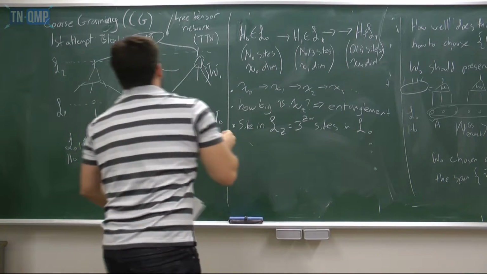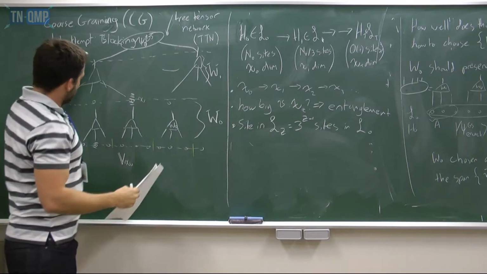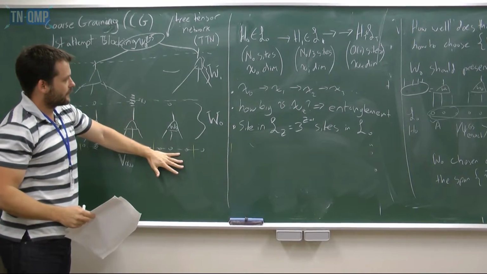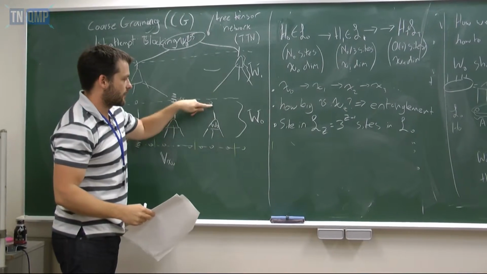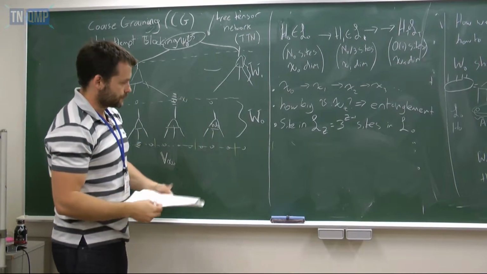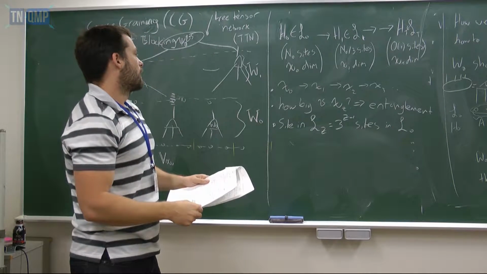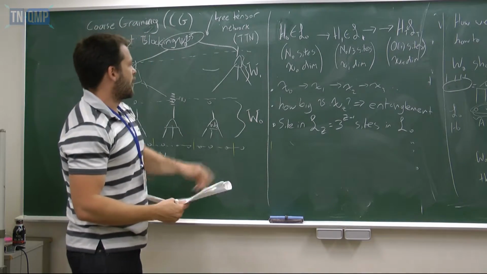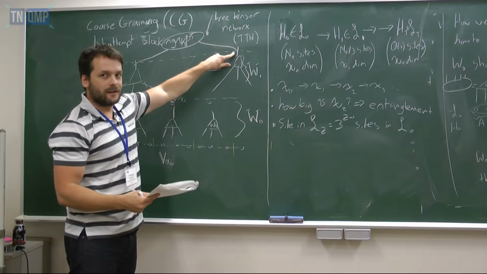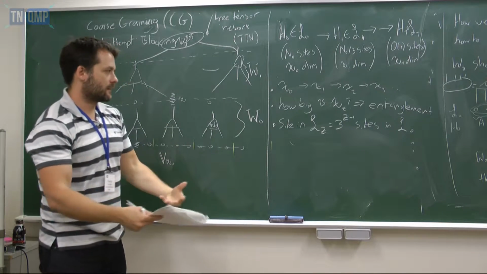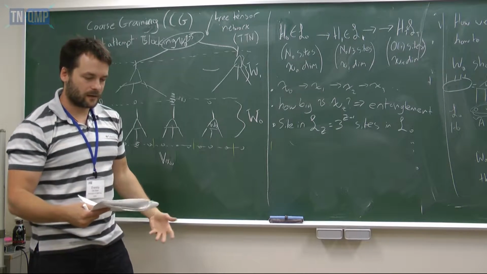A site up here, if I take it down to the initial lattice, is 9 sites. A site up here is 3 sites. So we can understand how big this site needs to be, the dimension of this site, by looking at the entanglement entropy scaling